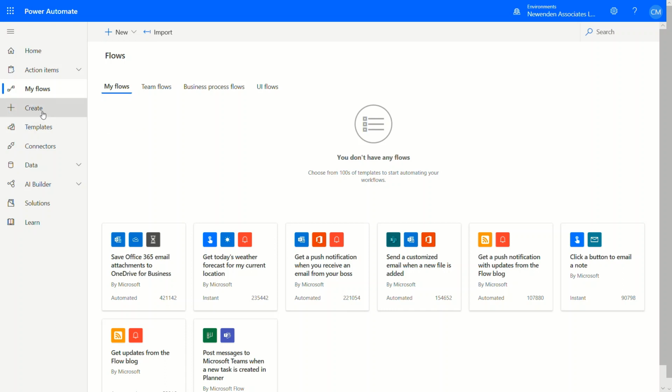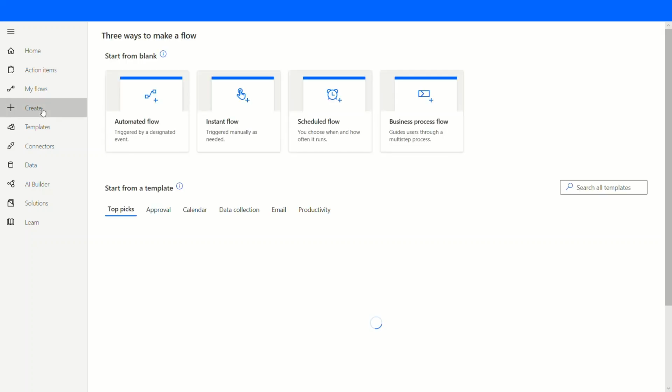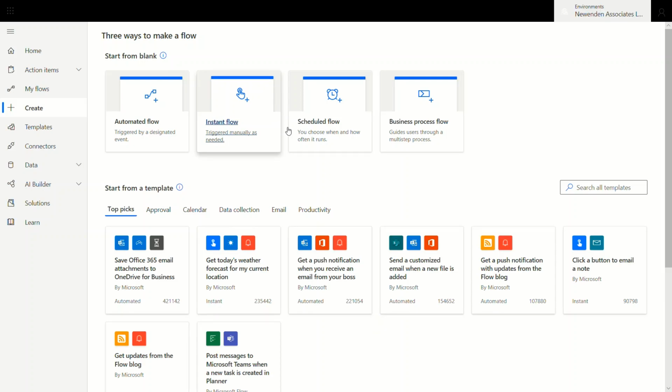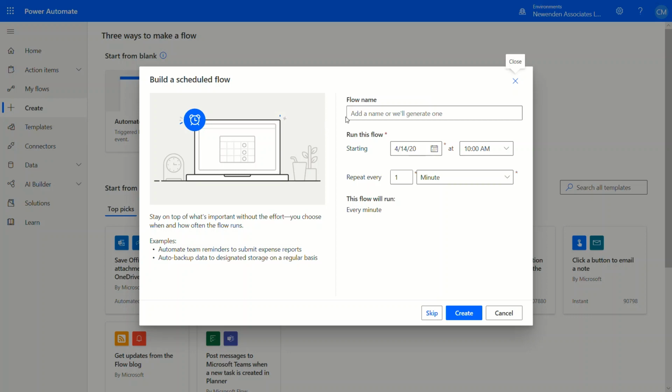So what we're going to do is we're going to create a new task. Click on Create in the left-hand pane. Which then gives us a number of options from which to choose. We're going to choose a simple scheduled flow from the blank options at the top. We're going to give it a name, daily